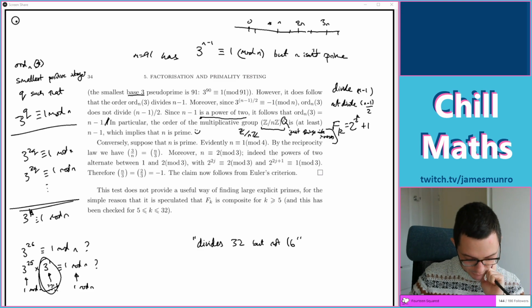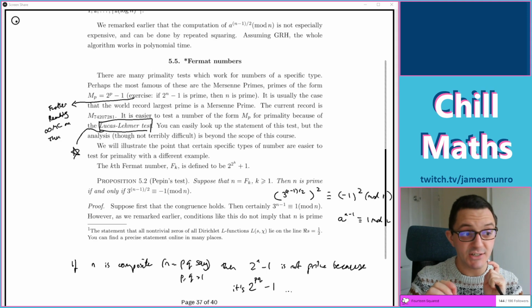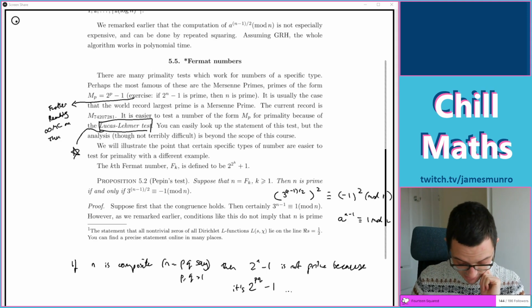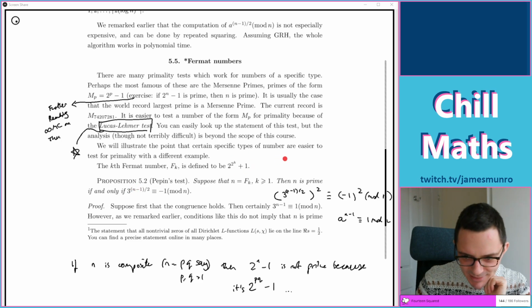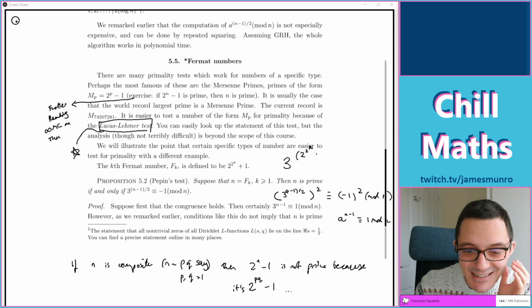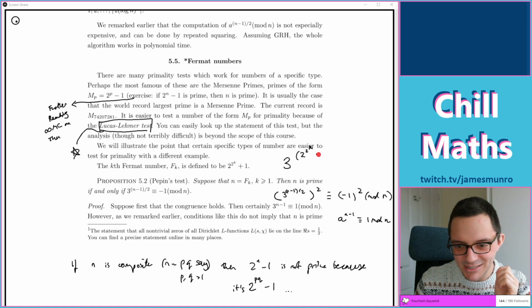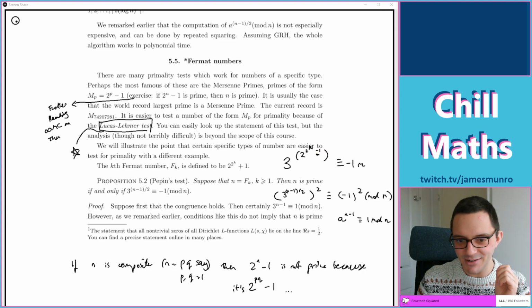So this would be enough to prove that a large Fermat number was prime, which is the exciting thing to do, right? The exciting thing to do is to plug in k equals 100 into here, evaluate the number, and then just check: is 3 to the power of that number, so to be clear, that is 3 to the power of 2 to the 2 to the k, over 2, hang on, I've got a minus 1 from the Fermat prime, minus 1 and divide by 2, so I should put a divide by 2, which I think is a minus 1 up here. Is that minus 1 mod n?